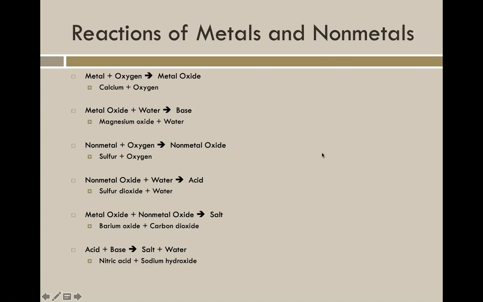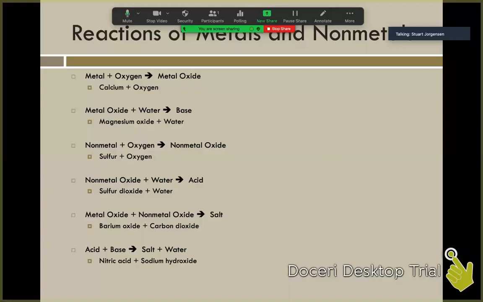chemistry pieces. So our first reaction type for us to talk about as we start to look at our different species is a metal plus an oxygen. This is going to be a synthesis reaction for us. A metal plus an oxygen is always going to produce a metal oxide. So for our first example here,